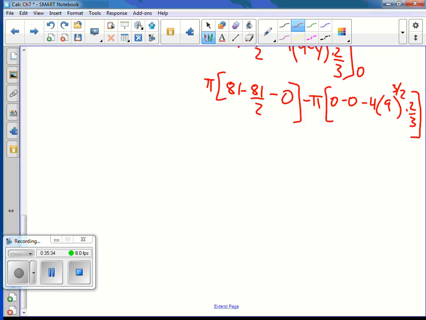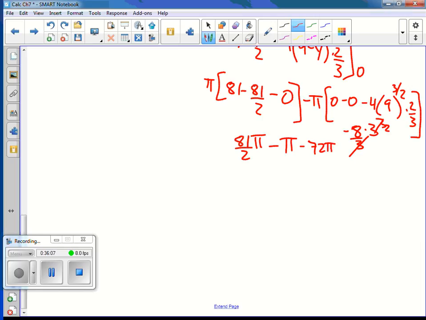So this will just be 81/2 times pi. And then this will be minus pi. And so here, let's do this. 2 times 4 is 8, and that gives us minus 8/3. The square root of 9 is 3, and 3 to the 3rd. Right? Okay, so that's just going to be 3 squared. And so 3 squared, which is 9 times 8, is 72. So minus